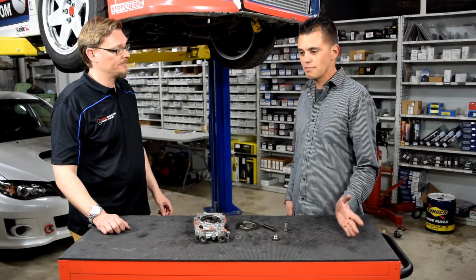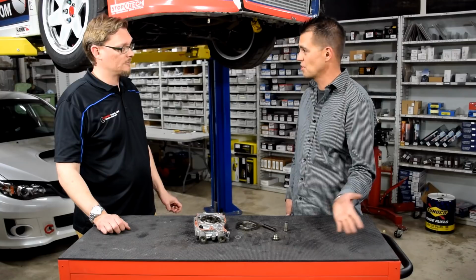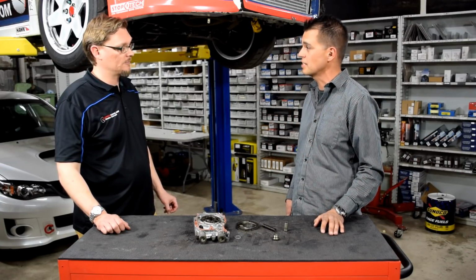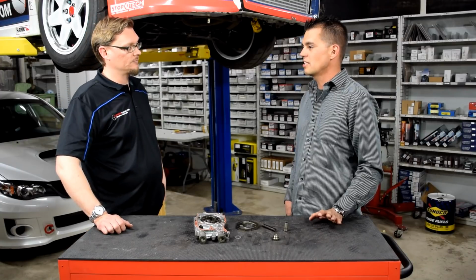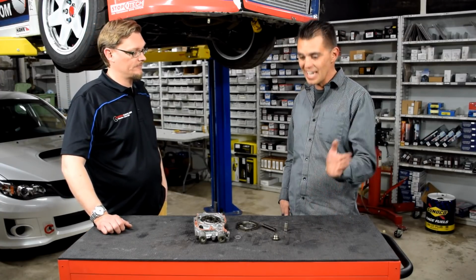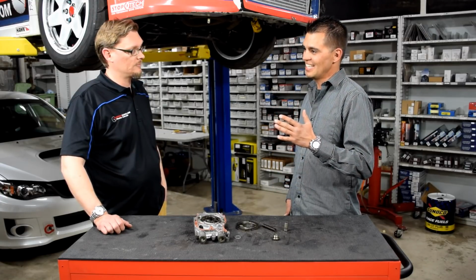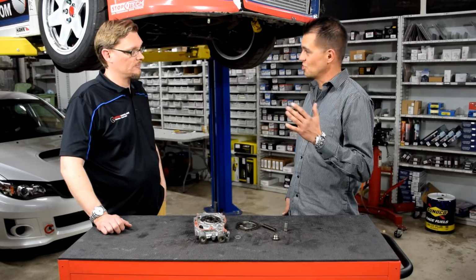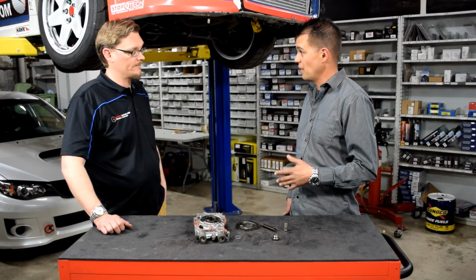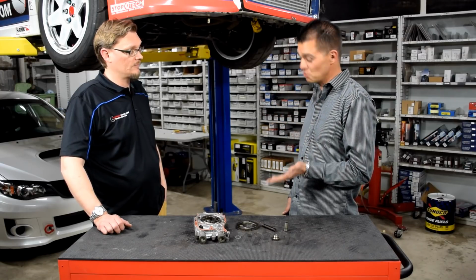Right. And of course, street driving, that's in the upper RPM range. That's not like at 2,000 RPMs. That's like 4,000 to 6,000 RPMs. It seems to be holding pretty good. Now, as I started driving more spirited and introducing more heat, watching the oil temperature go up, I started noticing that the pressure was still going down some. And specifically, as I ran it through redline, I noticed it was actually still hitting the same pressure